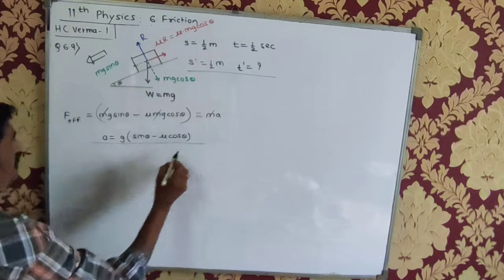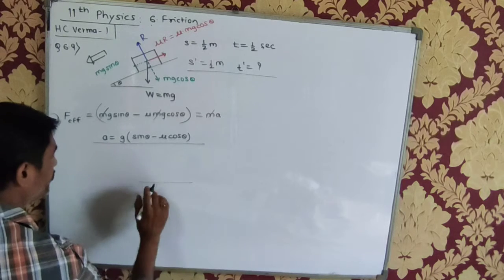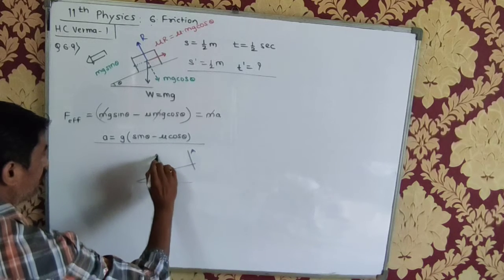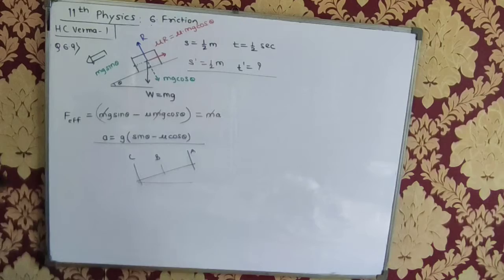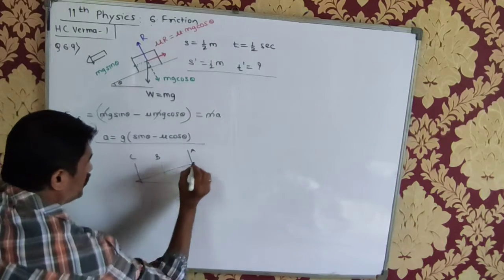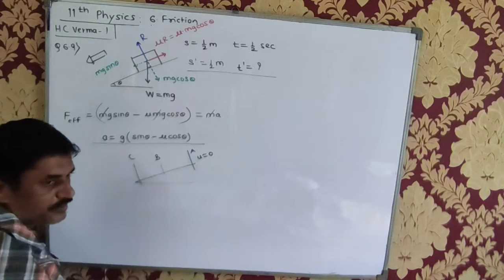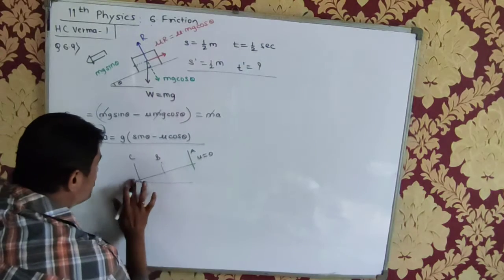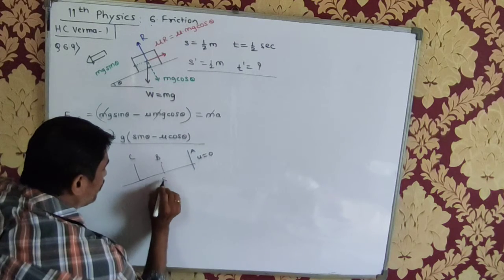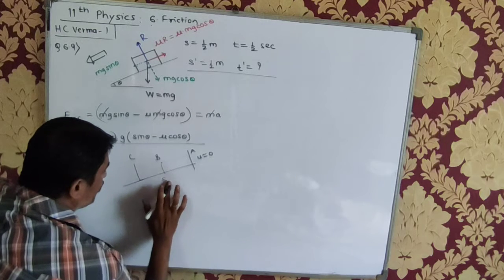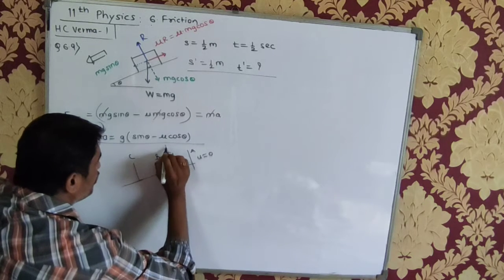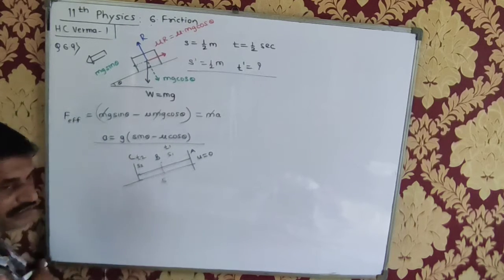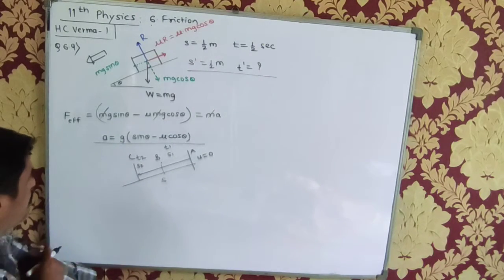Now we will consider its stages. Let us say the body starts moving from this point. This is point A to point B to point C. From here the body starts, so u is equal to 0. During this motion, I will call the displacement S1, from here to here, and it takes time T1. The displacement from here to here will be S2, and the time for it T2. Do you understand that? Yes.